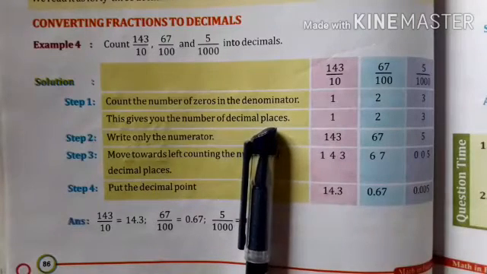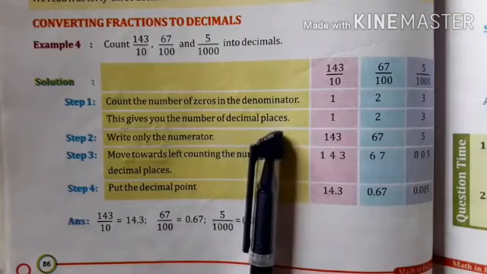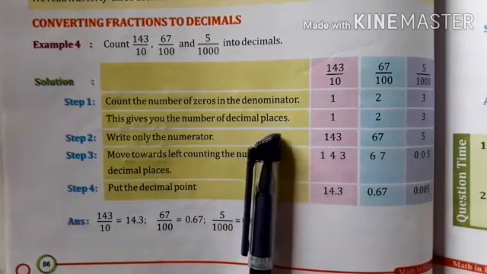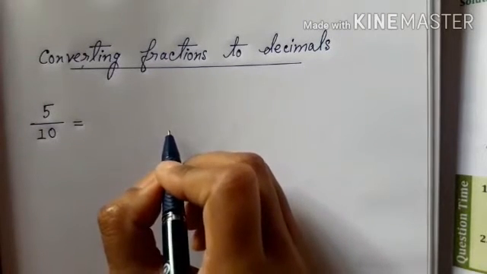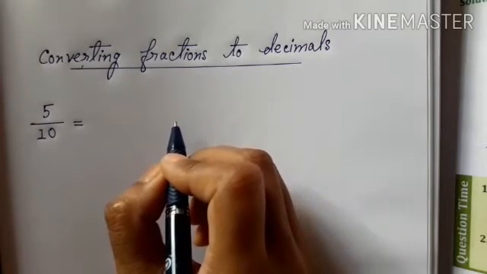Good morning, students. Today we are going to discuss our next part of chapter 5 decimals, which is on page number 86 of our maths book. Okay. So students, first of all we will learn how to convert fractions to decimals.